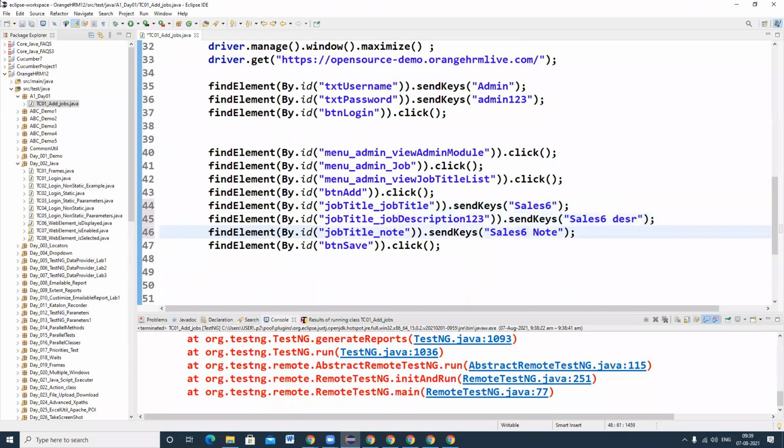Whatever locator name you have inspected in the web element in the HTML page, the driver will look for this web element. And once it is found, it will perform the send keys operation.